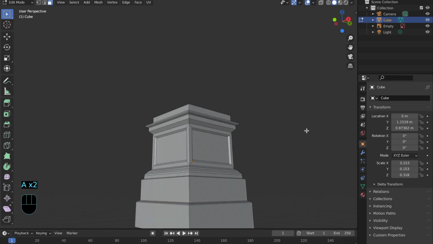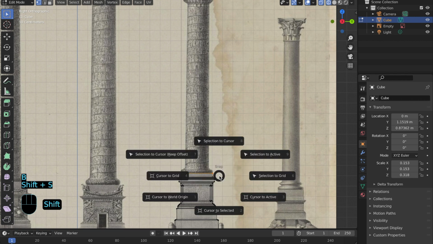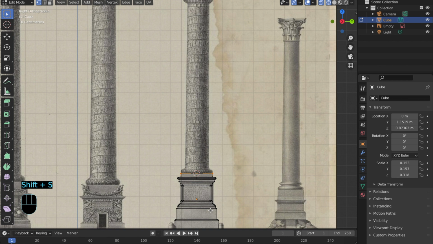Okay, so we're gonna start by zooming out and getting a good look at our column. We're gonna go back into the wireframe view, and we're going to box select the top vertices, and then we're gonna hit Shift S, and we're gonna select cursor to selected, and that's gonna bring the Blender cursor to a median point of where we have selected, and that's gonna come in handy for our next step,